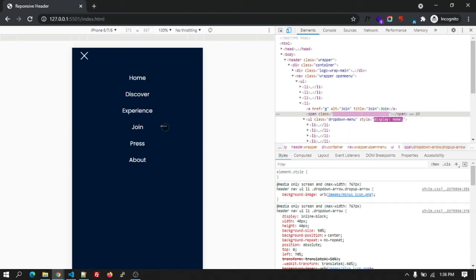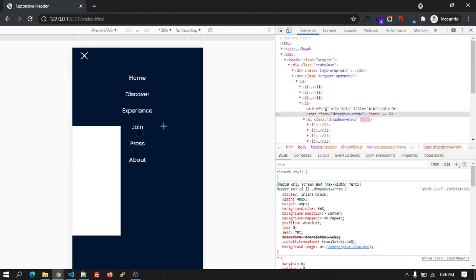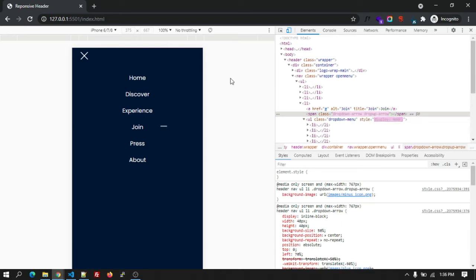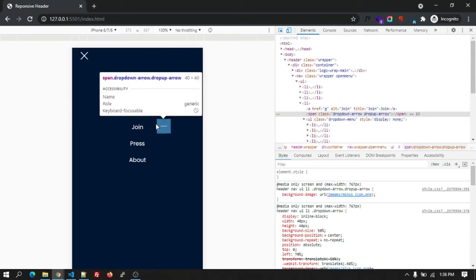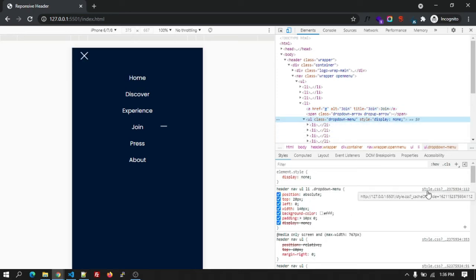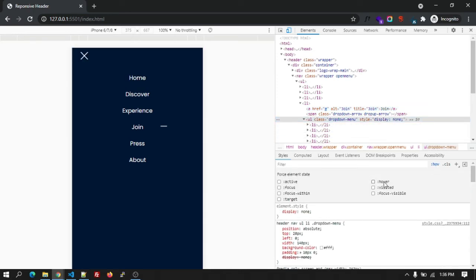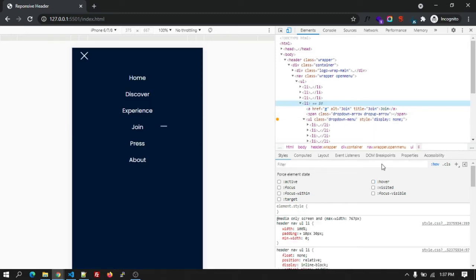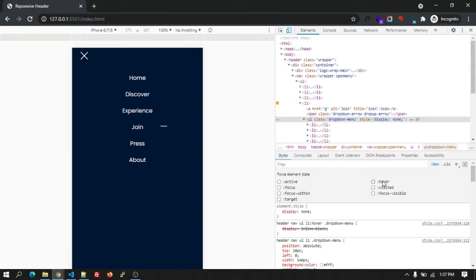Okay, you can see here. After clicking on this menu, the join menu, the sub item should show. So first thing in the header, in the desktop device, we have added the CSS on hover for this. Give me a second.